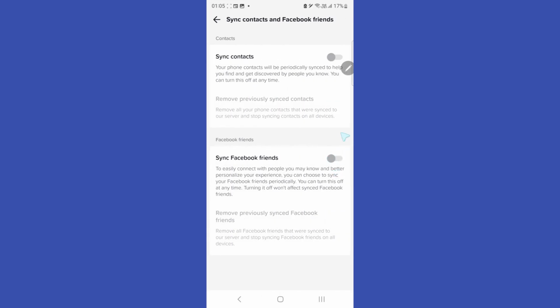You have an option here to sync Facebook friends, and here you can sync contacts. So when you want to do that, just click on this, it will turn green and it will sync your